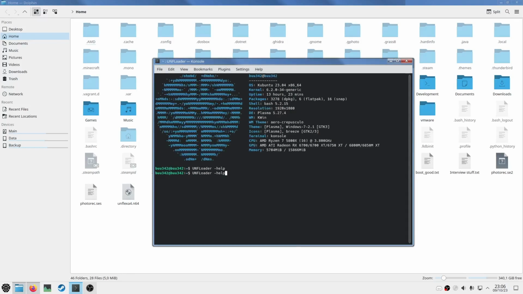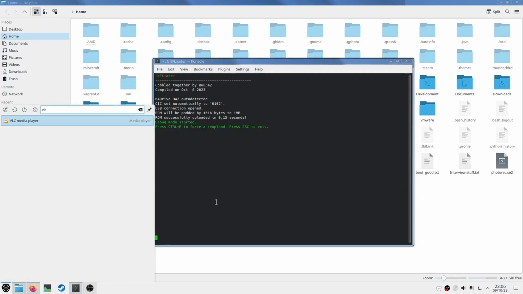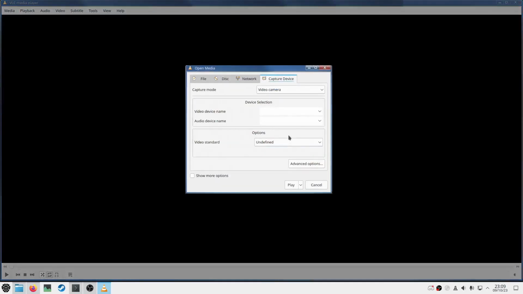So, now that I know how to upload ROMs, I have my N64 turned off in the 64drive's case. I call UNF Loader -R UNF example 4 -D. I go ahead and upload the ROM. I turn the console on. And I'm going to open VLC since I'm using a capture card. Ideally, I'd be doing this through OBS, but since I'm using OBS to record the screen, I'll have to use VLC instead, which won't be as good as OBS.